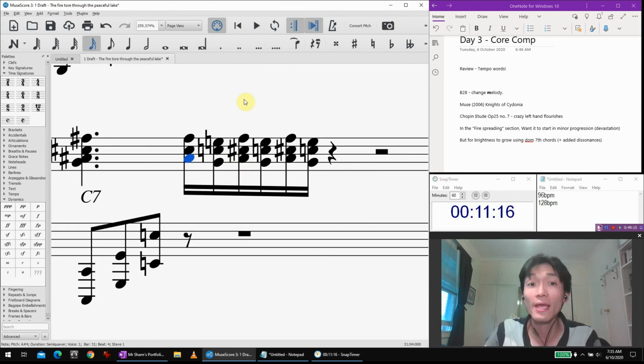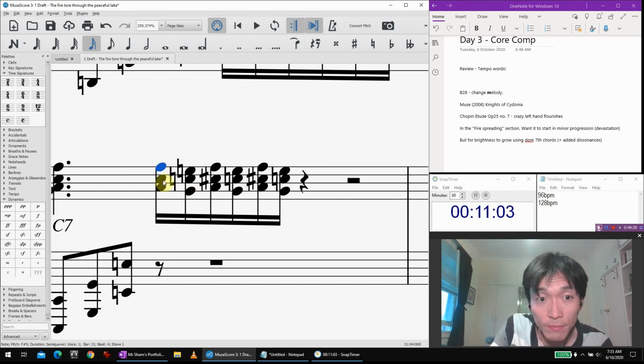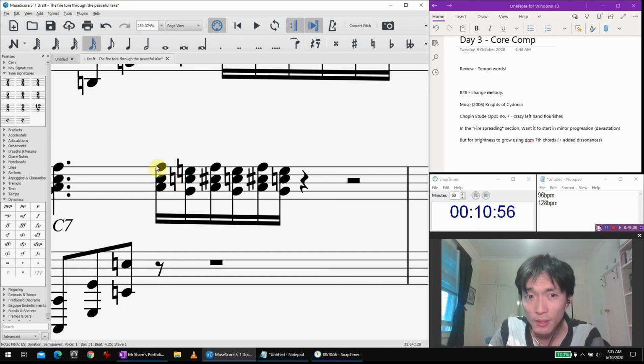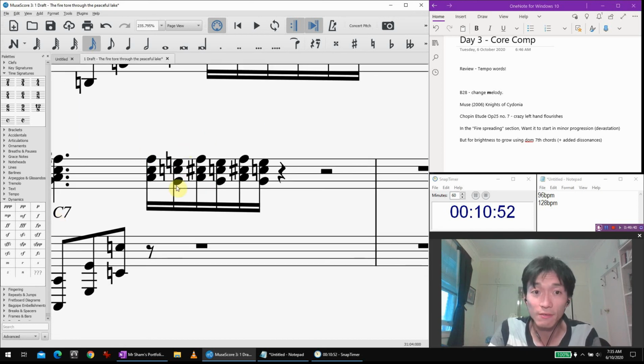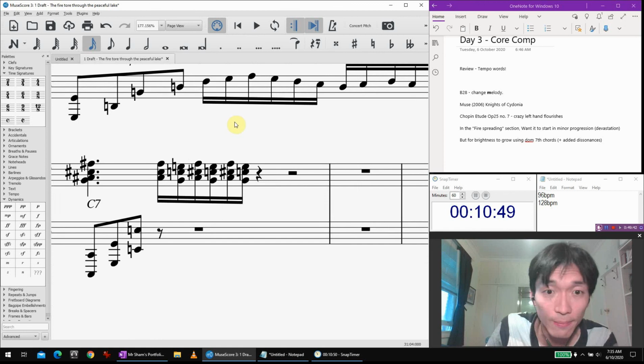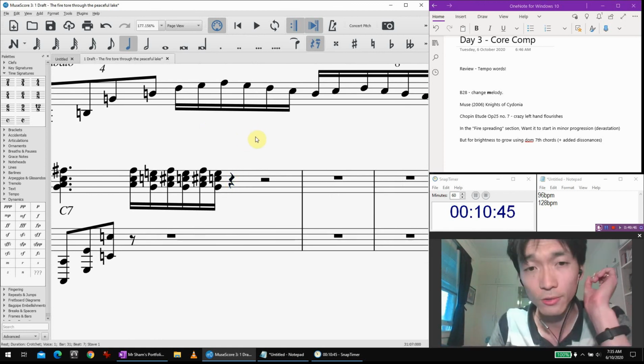I guess why it works is, remember the harmony is C7, so it's a C major chord with a B flat. I've actually inserted an A sharp here, which is kind of the B flat equivalent in this chord, and it's got some furious minor seconds. There's a major second at the top, but maybe that's why it works. There's still the outline of the C7 chord here when there's the polytonality happening. So let's do this. This looks fun. This certainly looks fun.